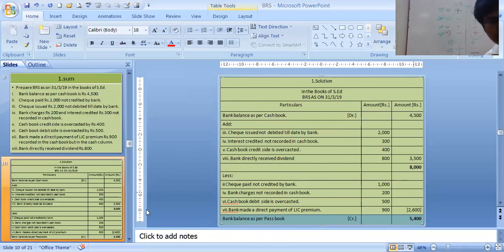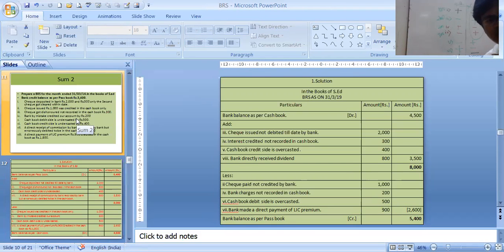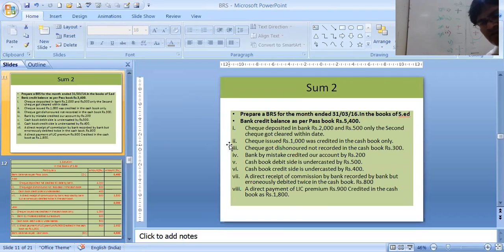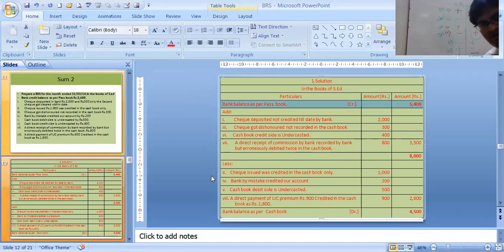So this is the sum, dear students. This is your homework, or this one is your illustration sum. You can just go through this sum yourself, try to see what I have done in this sum, and then this illustration I have done this same sum over here. I have tried to see that same figures are coming. Anyhow, we have started with bank balance as per passbook. We will end with bank balance as per cash book. We started with 5,400. We are ending in 4,500 because of some adjustments. It's not that the same answer. No question will have the same answer. I tried to bring it.